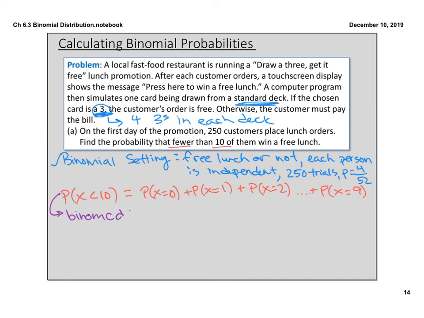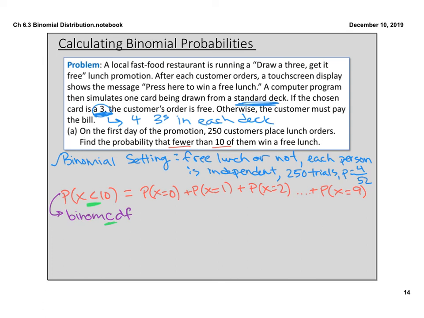And the reason I'm using CDF in my calculator is because I have a cumulative distribution of 9 all the way down to 0. Now, the good news here is I'm looking at less than. I'm already to the left, I'm already going underneath that value, so I don't need to mess around with the 1 minus part. That's the good part. I'm already looking at the left-hand side, or in other words, going down, not going up. So I don't need to worry about 1 minus, but I do need to be really specific about how I